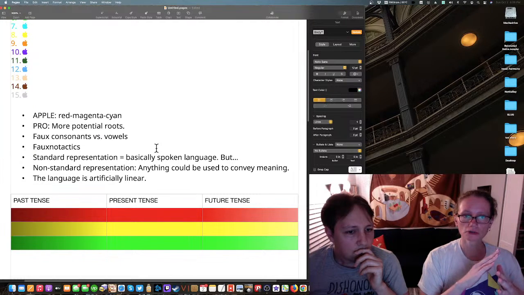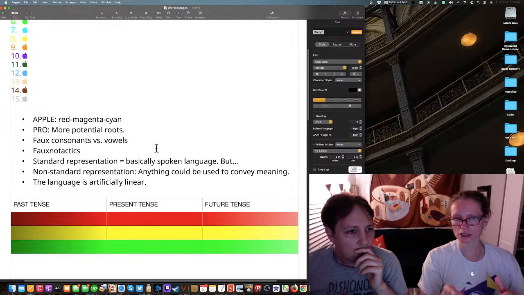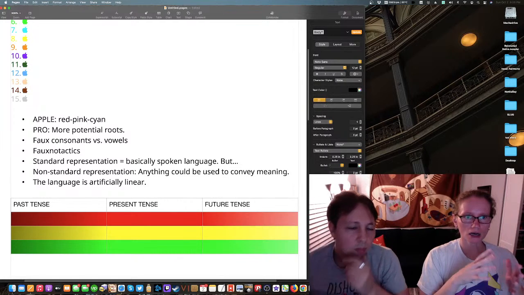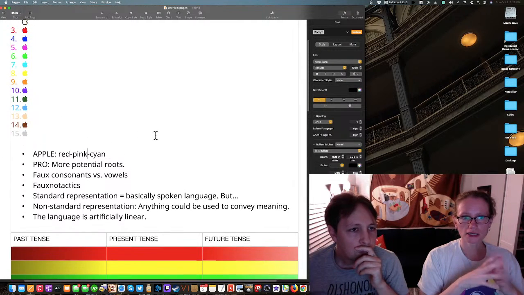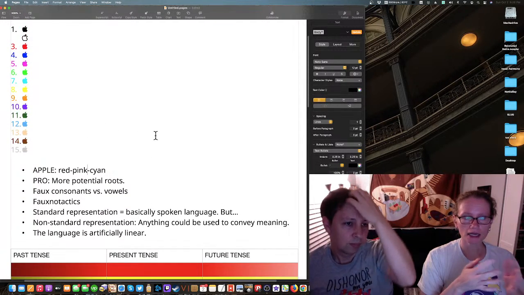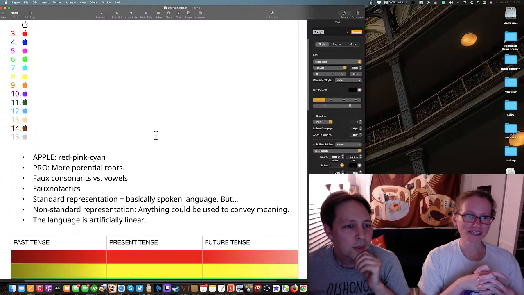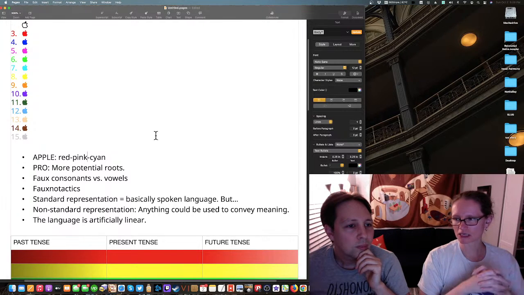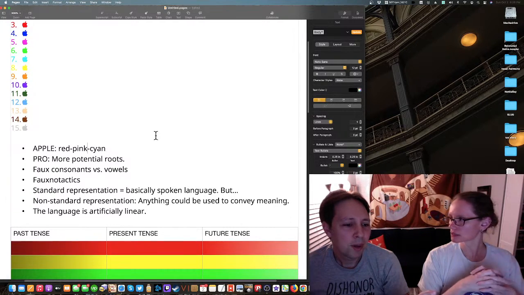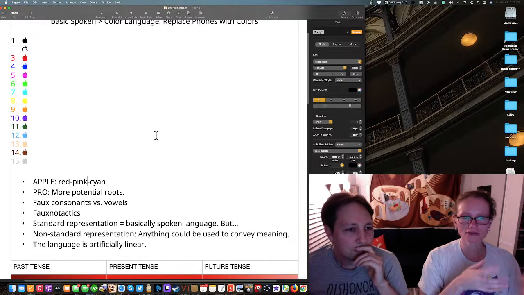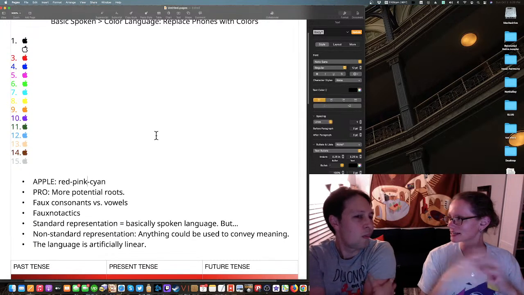Or pink, sorry, you can change that to pink because that's what you had changed it to below. If you did cyan, pink, red, maybe that means chair. And if you did pink, red, cyan, that could mean water. By the way, for apple, we should have done red, yellow, green. That would have made a lot more sense. Yeah, but I was just pulling colors that hit my eyes first.